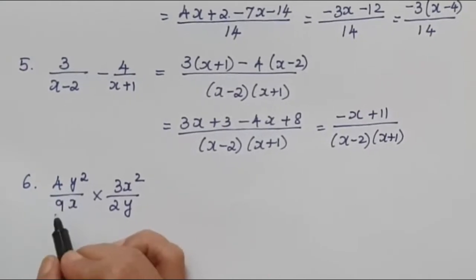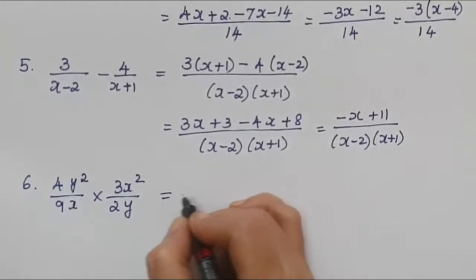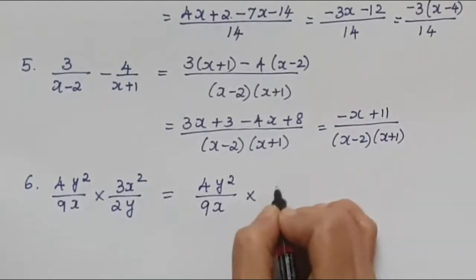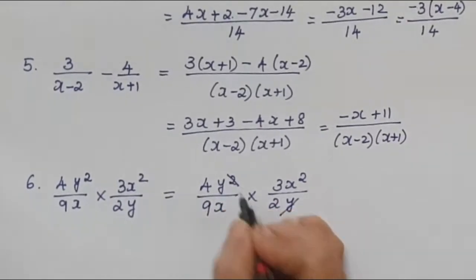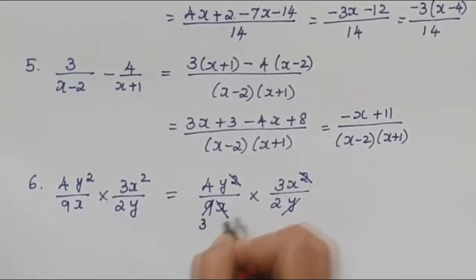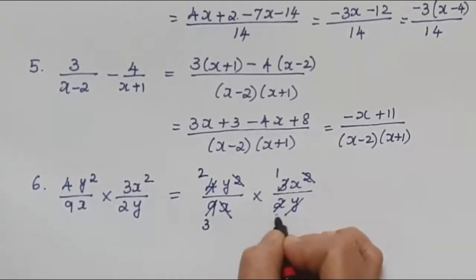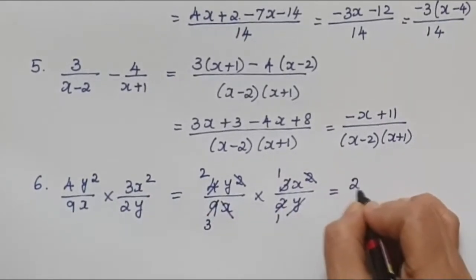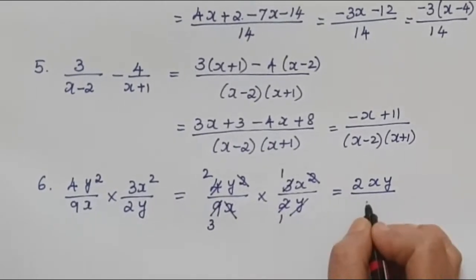Now the sixth question, 4y squared by 9x multiplied by 3x squared by 2y. Now it is in multiplication. I'll write it again because when we simplify, it makes it more confusing. Into 3x squared divided by 2y. So 1y and 1y I can cancel. Then 1x and 1x can be cancelled. 3 3s are 9 and 3 1s are 3. Then this 4, 2 times and this 1. So the left out numbers are 2y here and x is there. So 2xy divided by 3, no x is there, no y is also there.